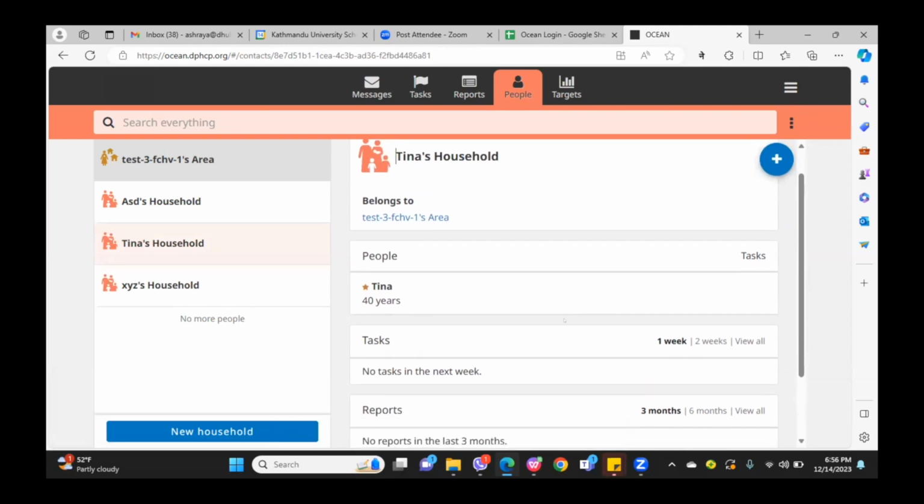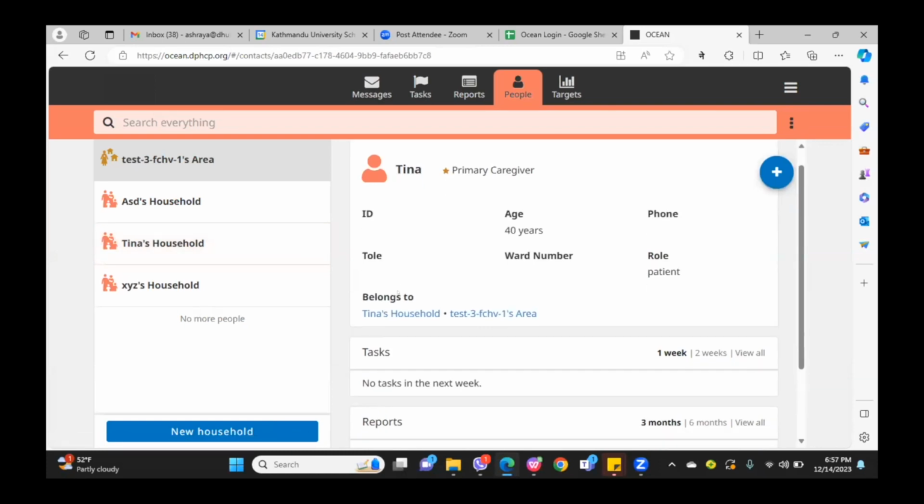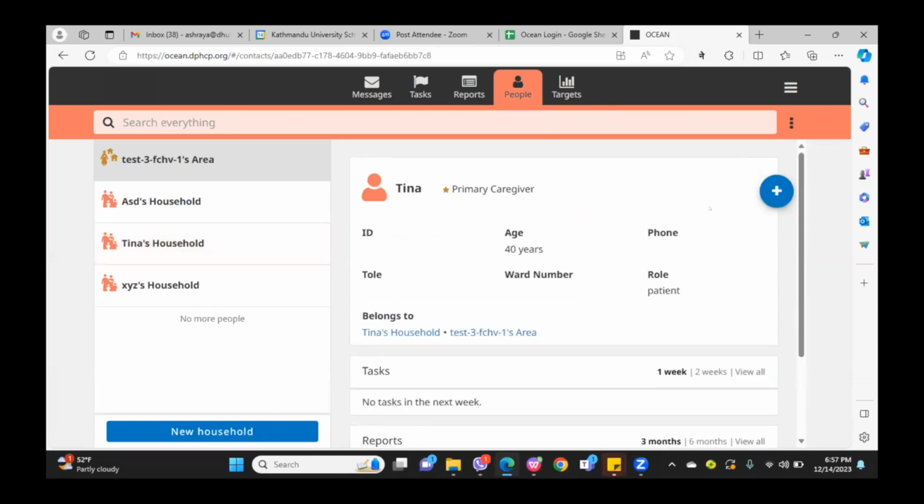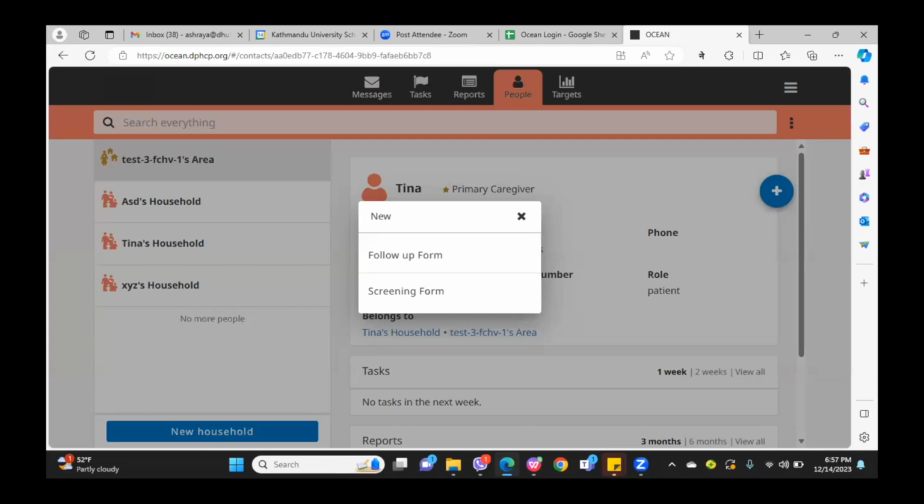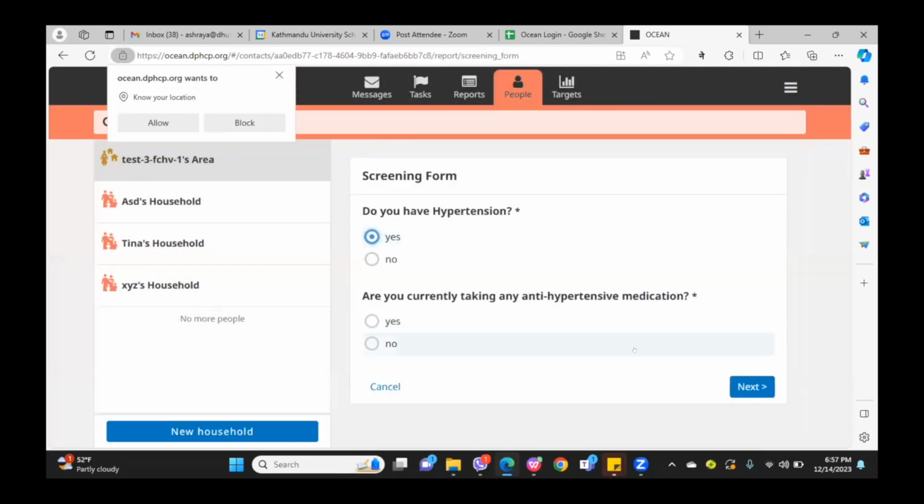After creating and registering a household, she will click the name of the person whom she is about to screen and enter the data. After clicking the person's name, she'll click the blue button and fill in the screening form. The questions appear like this. Are you taking